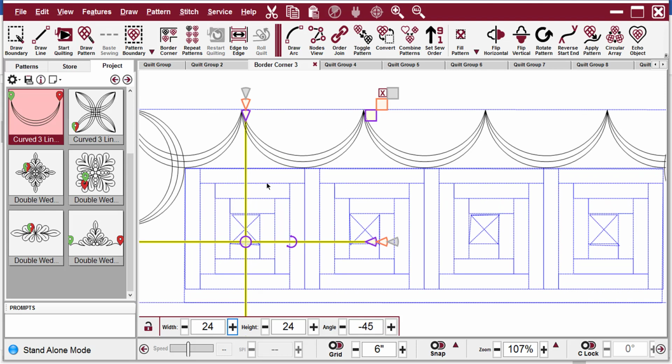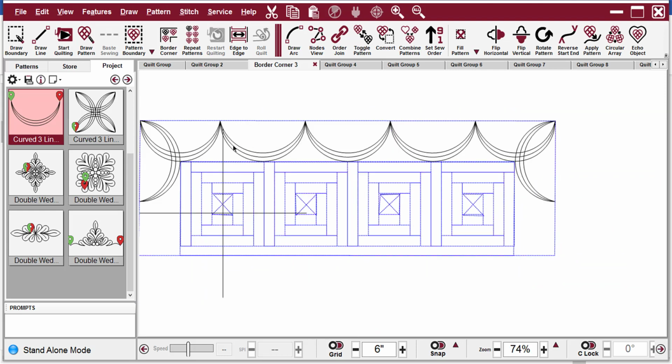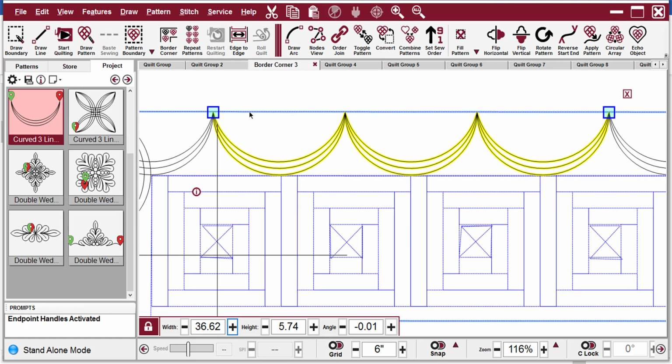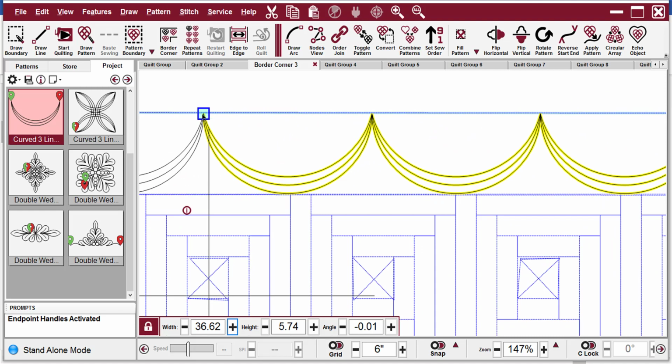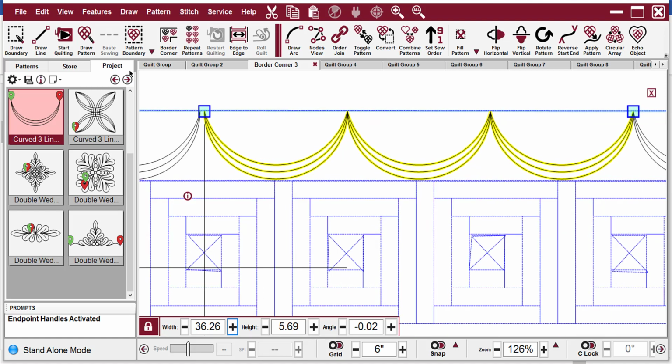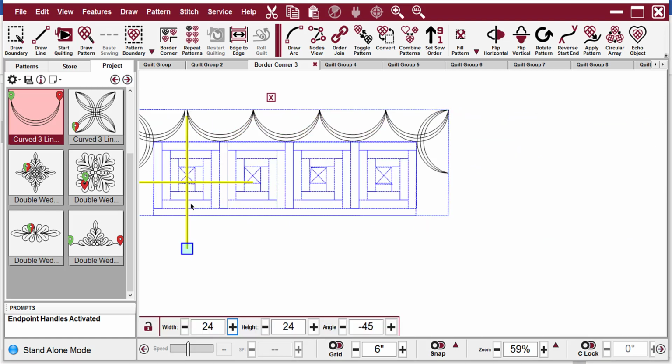leftmost log cabin block. After doing that, then you can select the 3 patterns, press F11 to get your end handles, make sure your snaps are off, and move that to line up with your crosshair. Then move your machine head